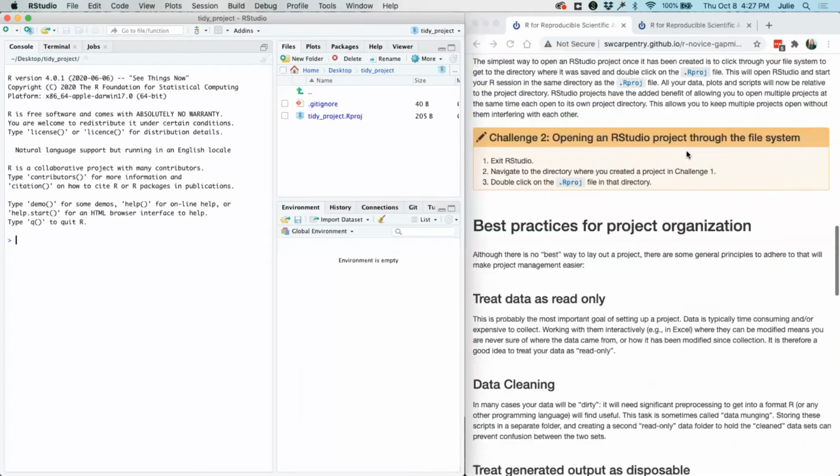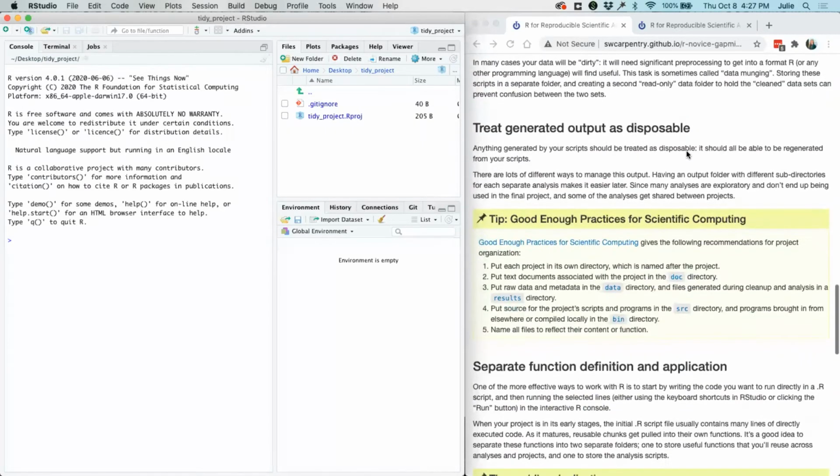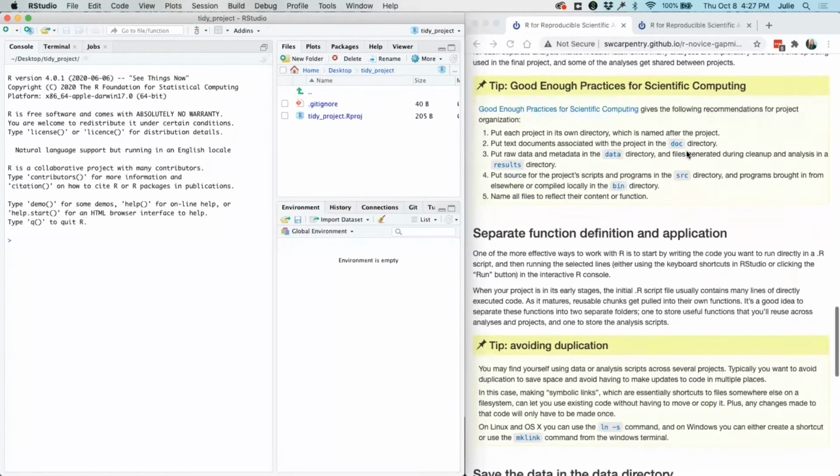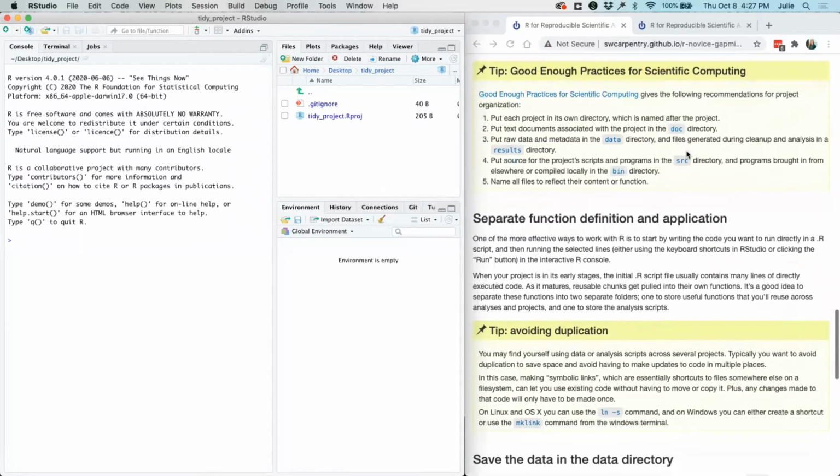All right, so next let's talk about good practices for structuring your data files within a project folder. This is a really great article on good enough practices for scientific computing. It gives some of these recommendations for your project organization. For example, we should put each project in its own directory named after that project.